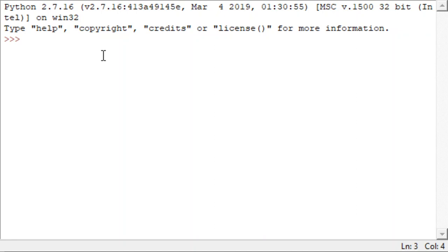All right. So the first type of error is the type error. A type error is actually a type of error that is raised when a function or operation is applied to an object that is not of the particular type it expects. Do you get it? So, for example,